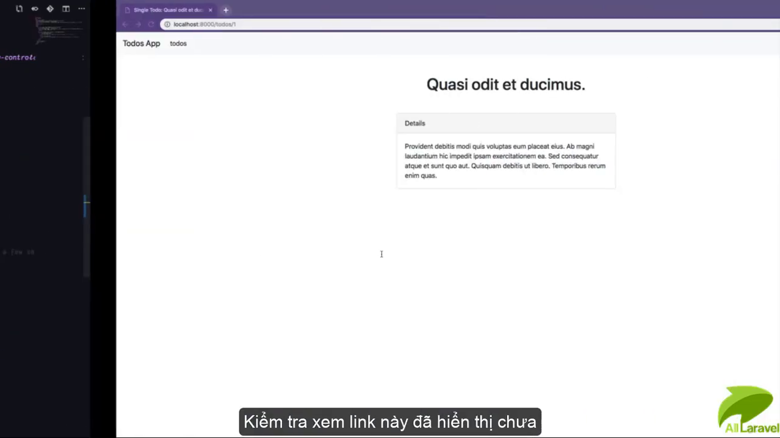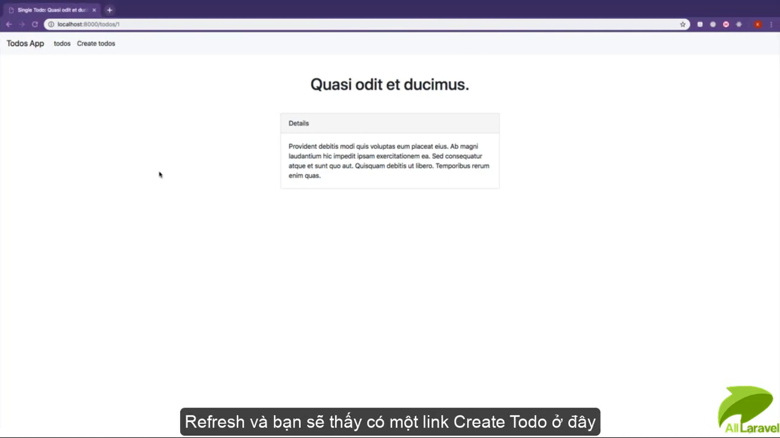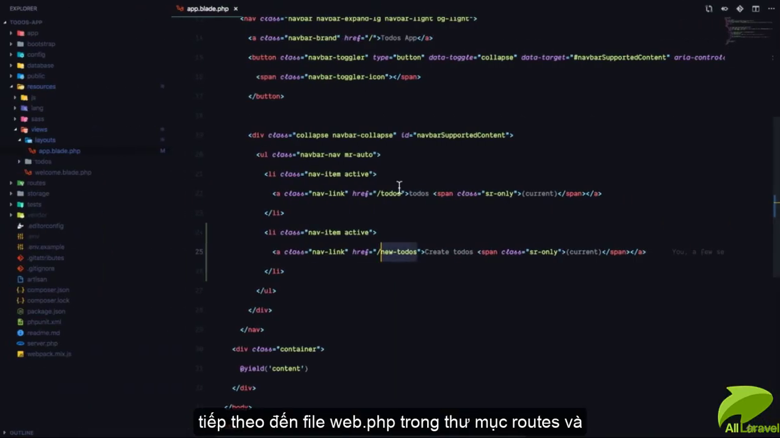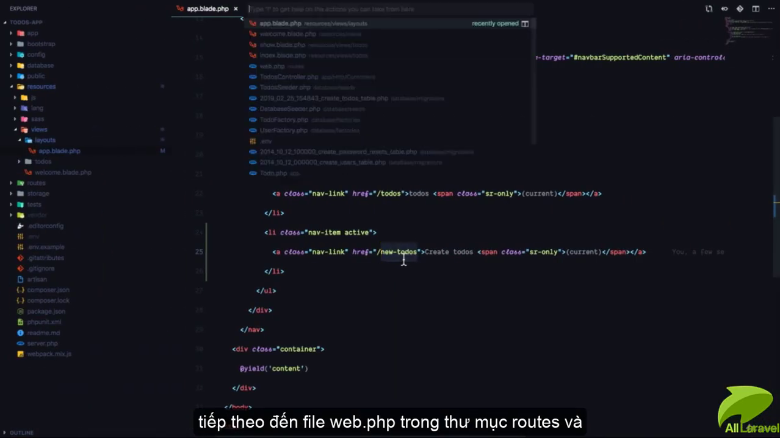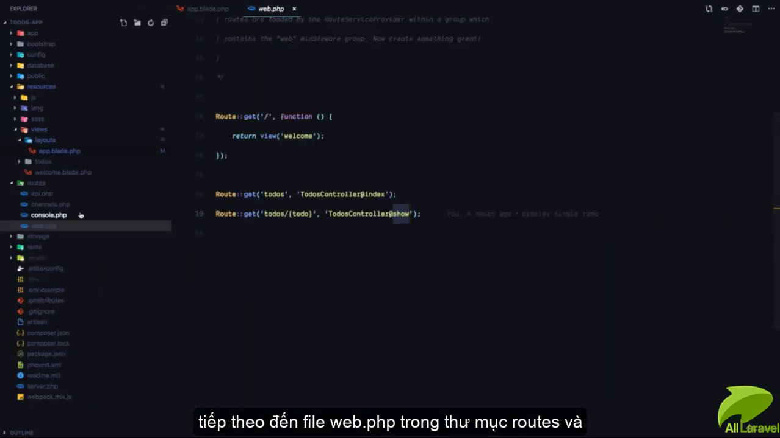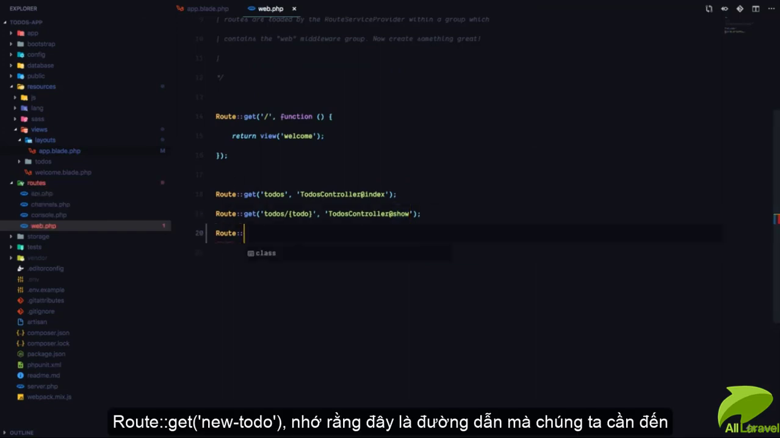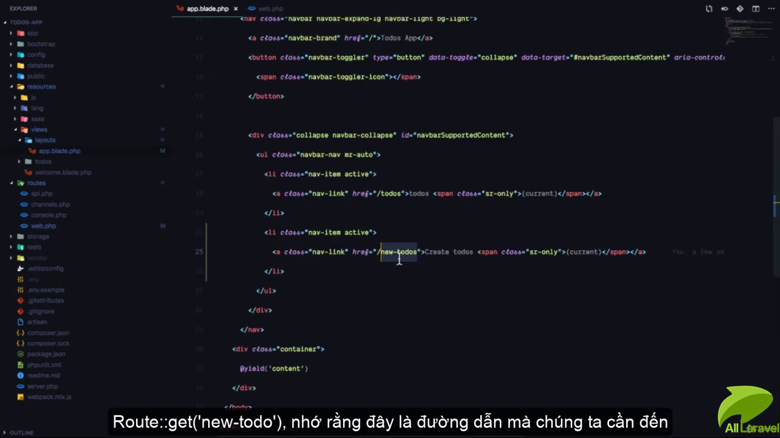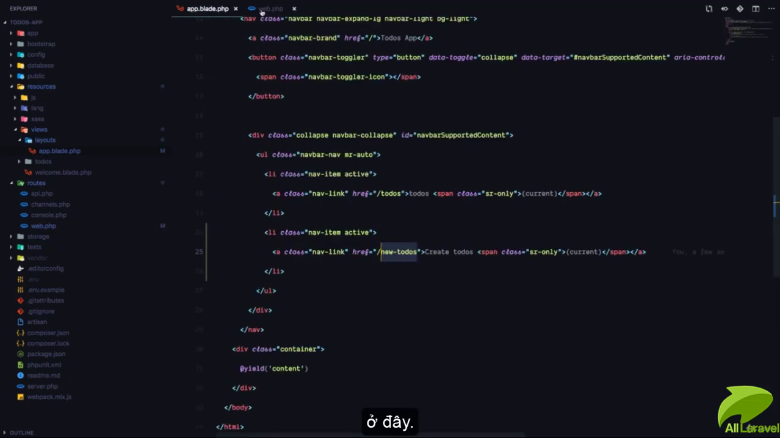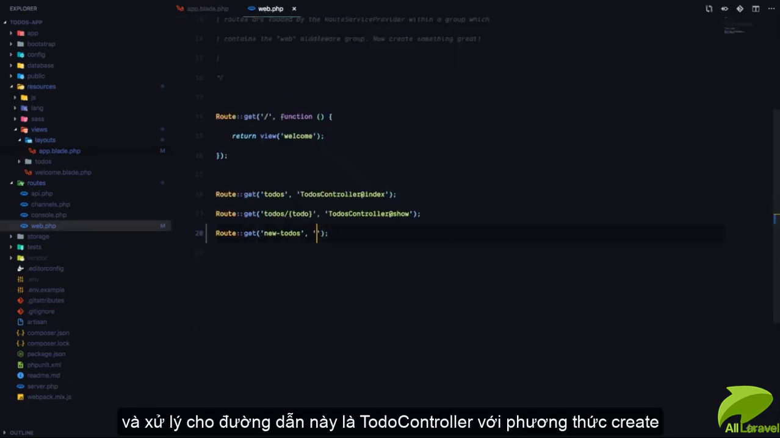which means our next step is to actually register this route. But let's verify that that link exists. So if I refresh, you can see we have a link that says create to-dos. So we're going to go to our routes file, which is the web.php, that's in the routes folder, and we're going to register that route. So Route::get, and this is going to be new-to-dos. Remember, it has to be exactly the path that you provided right here. And we're going to say this should go to the ToDosController at